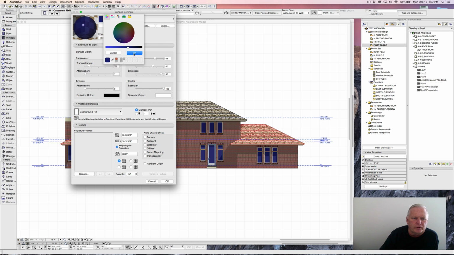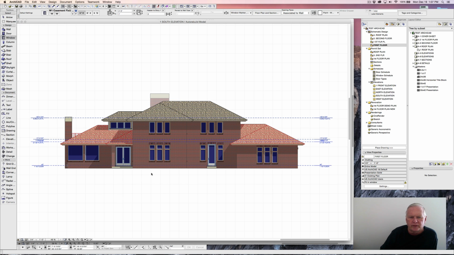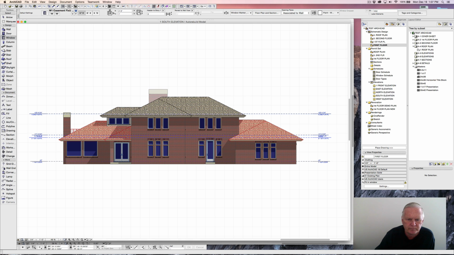And again, you could make it whatever darkness or lightness that you want. The reason I changed it and I like it is because I like the look of the darker windows. If you drive down the street and look at some homes, you'll notice that windows, unless they have a drapery pulled right behind them, will show up relatively dark. And I just put a little tint of blue in here, and that's the look we get. So there is our